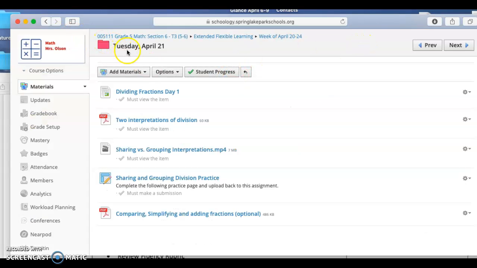When you open up today's folder, Tuesday, April 21st, you're going to see a little check mark next to each thing or task that you need to complete. What it's going to have you do is complete each task before moving on to the next task. This is in hopes that it will keep you more organized, especially when there are so many tasks to complete within one day. Please make sure that you know that it will not let you move on unless you